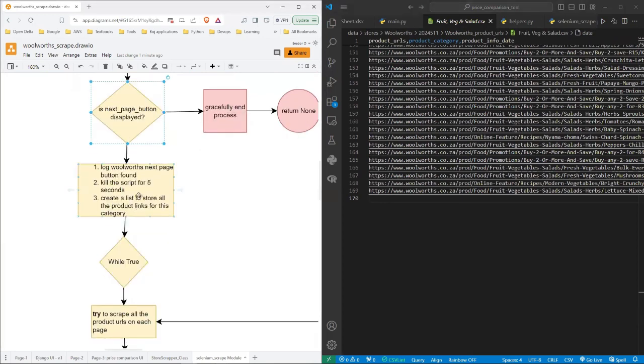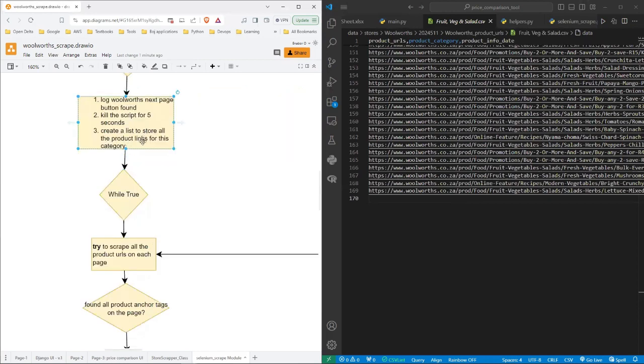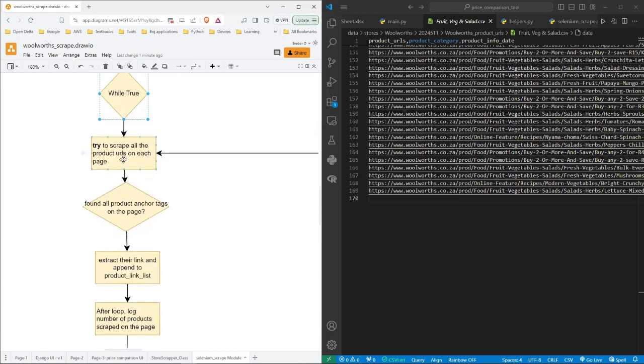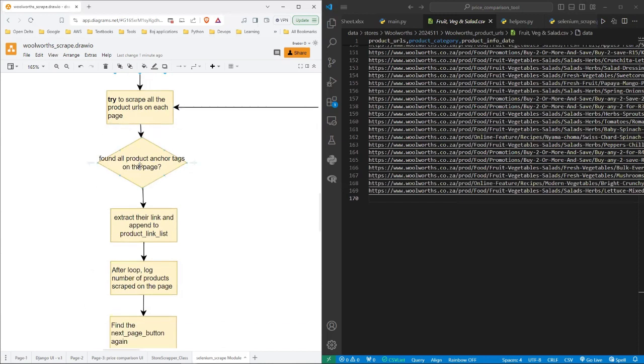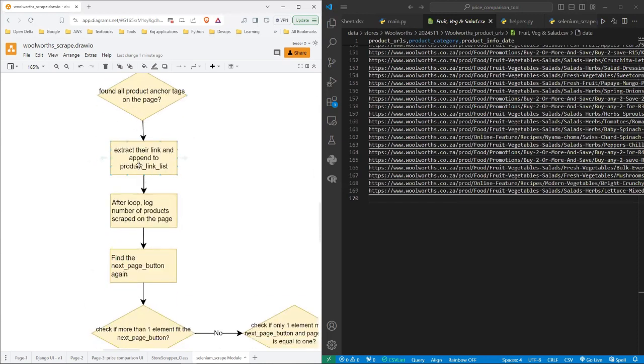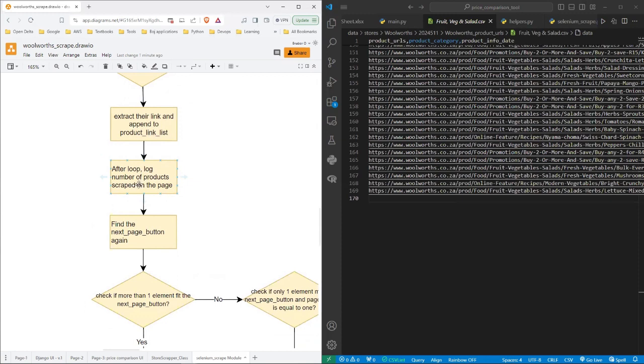Okay, but if it is there, log "Woolworths next page button found", and then just pause the script for 5 seconds, and then create a list to store all the product links for this category. Then, just like before, while true, try to scrape all the product URLs on each page. Find all product anchor tags on the page, extract their links and append to the product link list. After the loop, log the